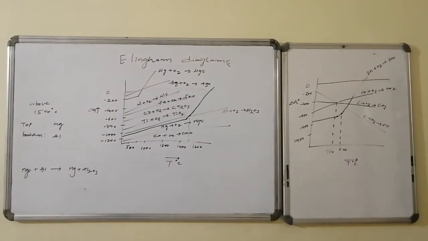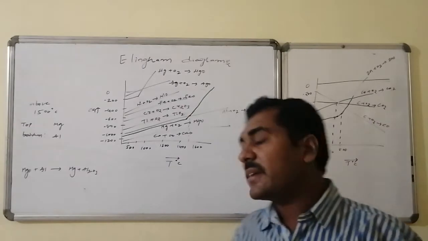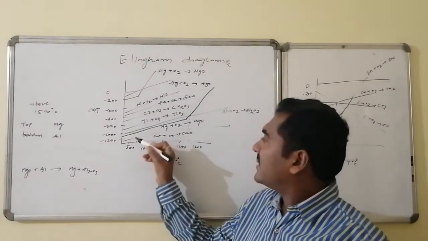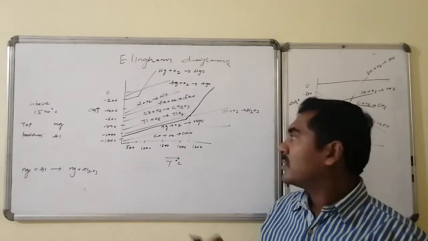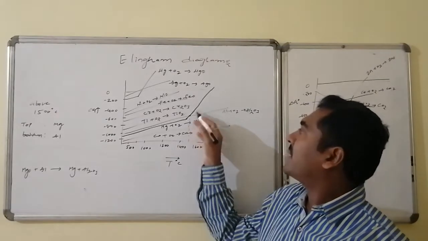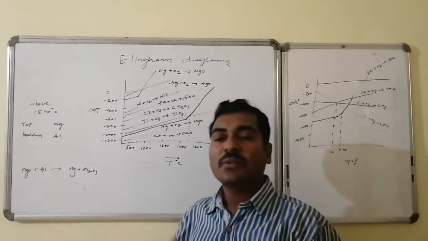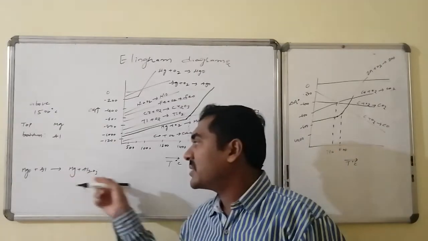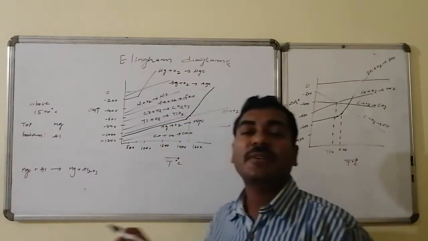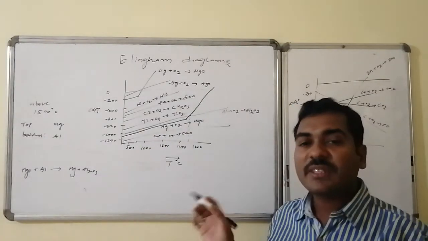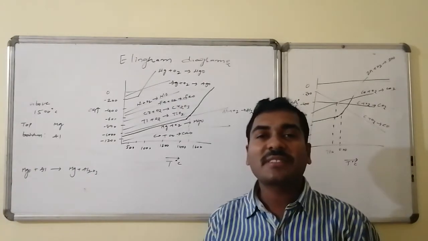See, there is an intersection point almost at 1500 degrees centigrade between the magnesium and the aluminium lines. Therefore, whatever the magnesium bottom line is there, that is going to continue up to 1500 degrees centigrade, and above 1500 degrees centigrade it becomes the top line and the aluminium line becomes the bottom line. The bottom line is spontaneous: aluminium converts into aluminium oxide, which can also be associated with reduction of magnesium oxide to magnesium. That is, above this temperature aluminium can reduce magnesium oxide, but below this temperature that is not possible.